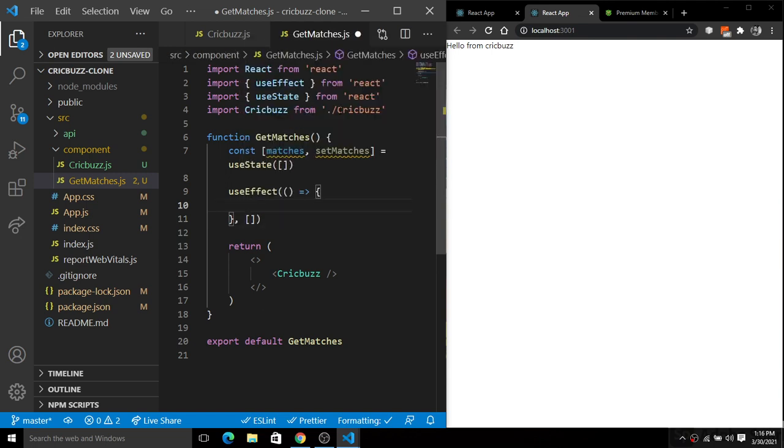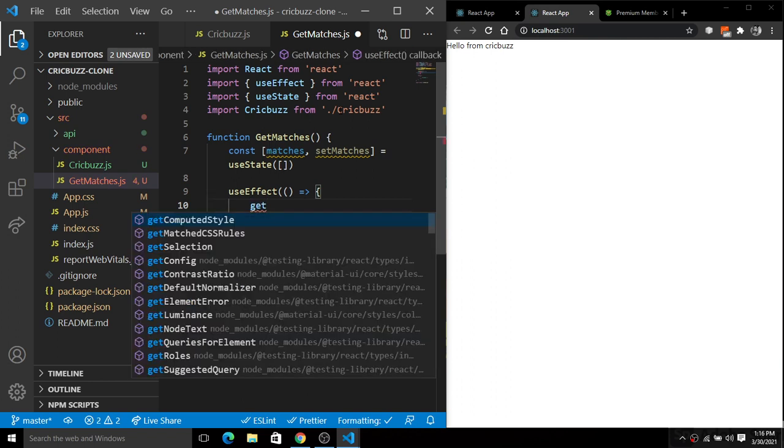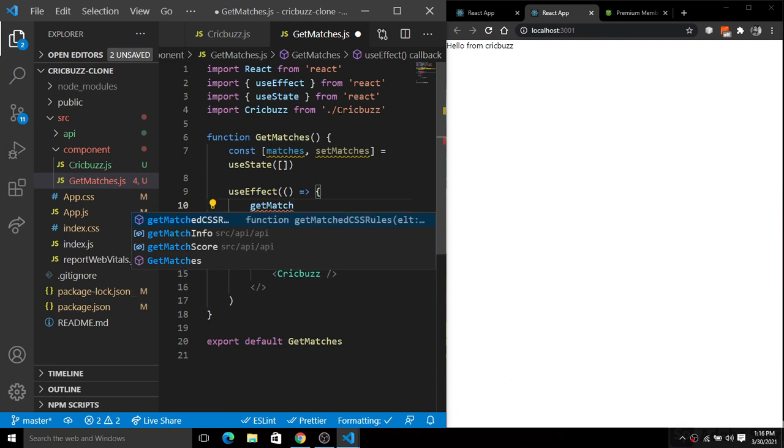If you guys know the React life cycle, then you will get to know everything about the use effect here. So inside of this use effect, we will simply call that function, that is get match info.